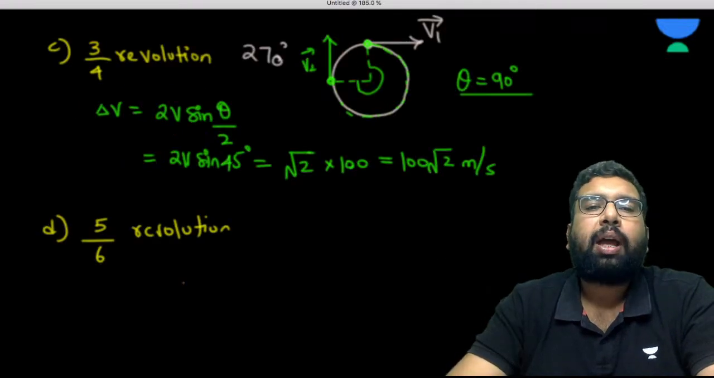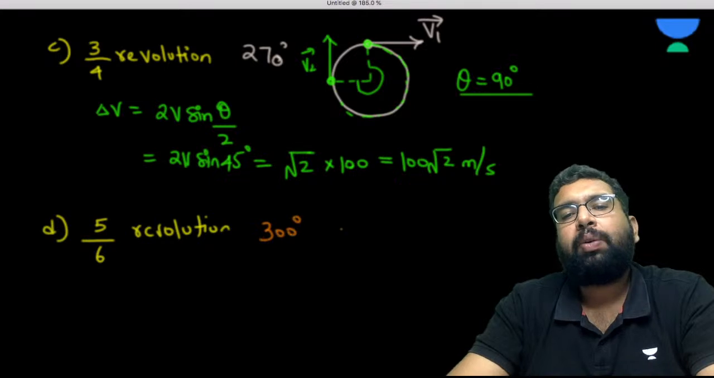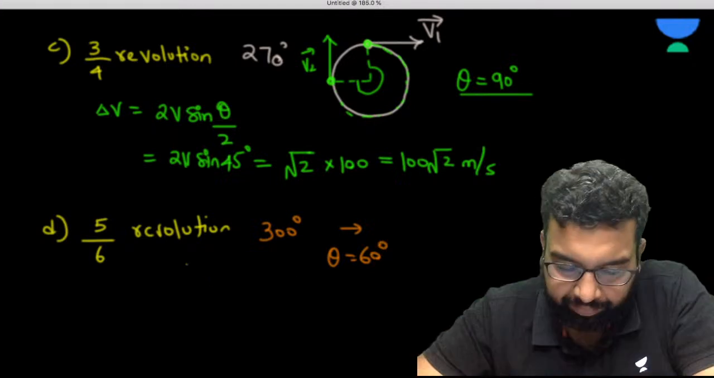Now what is going to happen in 5 by 6 of a revolution? So the angle is 30 degrees, but I think you get this now that theta we have to take as 60 degrees, because the angle,